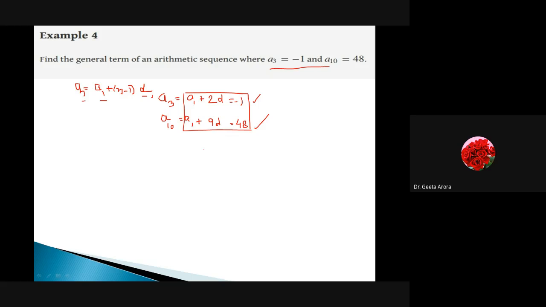So I'm not going to do it; I'm waiting for you, otherwise I will just sit idle. I'm waiting for your responses. Be sure to give me an answer. Sumit, Antar, Gagandeep, Hamid, Kuwar, Sanjeev, Shivani, Umesh. Those who are active, please give me an answer. What is your d? And then what is your A1? After calculating the two, you just put the values in and write the general term.